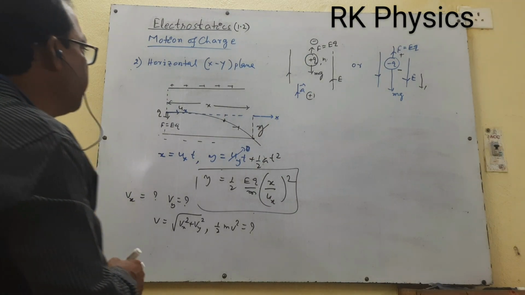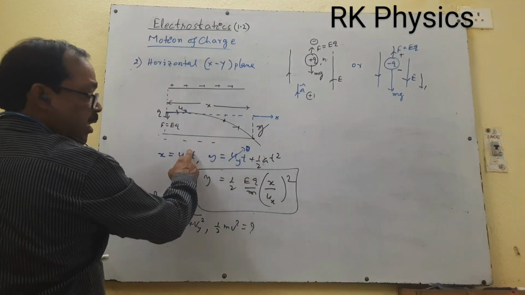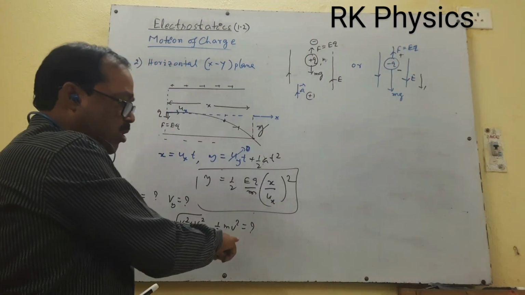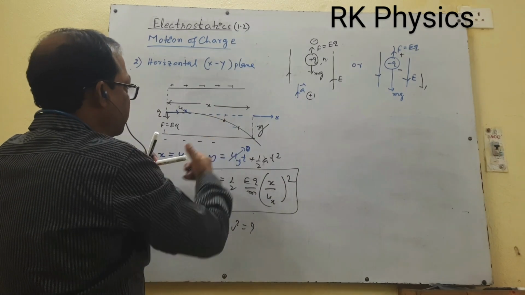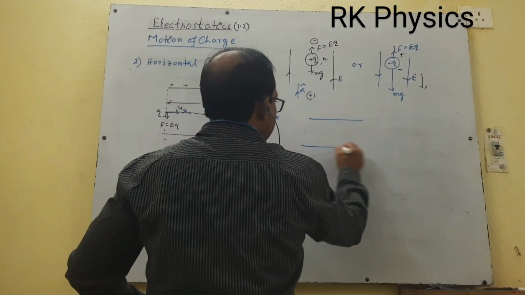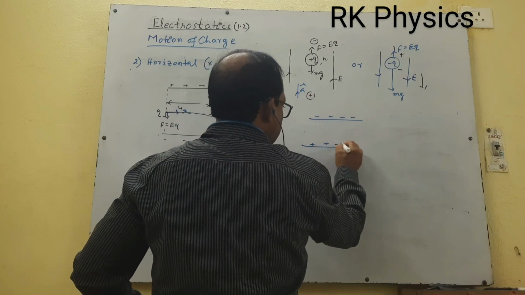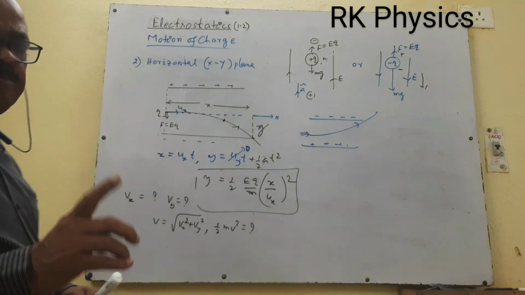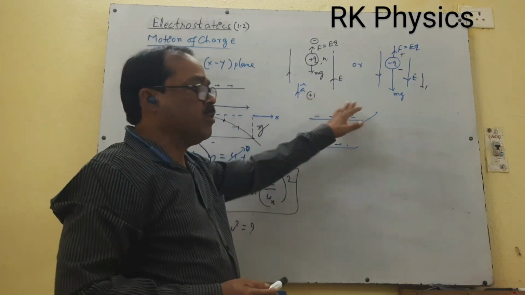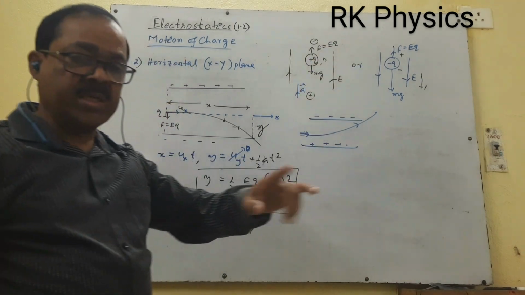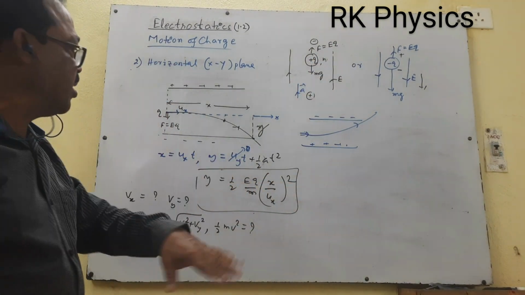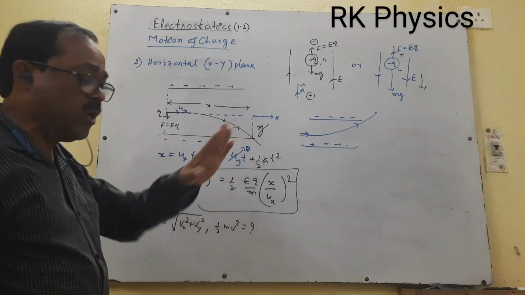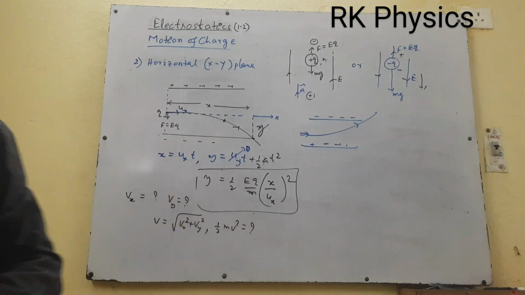Now another thing is, this is plus, this is minus, so the object is moving towards this. Imagine if this is plus and the opposite is minus, that is, if you interchange the direction of the electric field, now this is minus and this is plus. The charged particle will move along this direction. Now I am taking a case for the z-axis under gravity. This is motion in a plane, ground, xy. There is no effect of gravity.